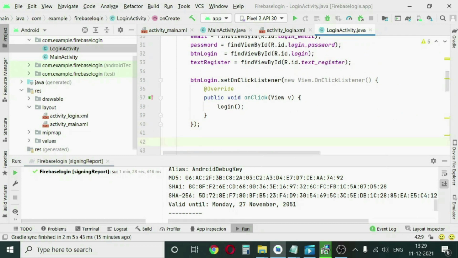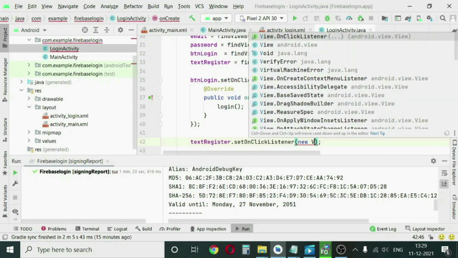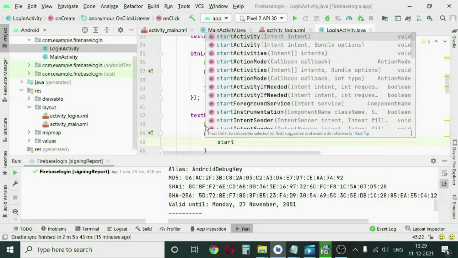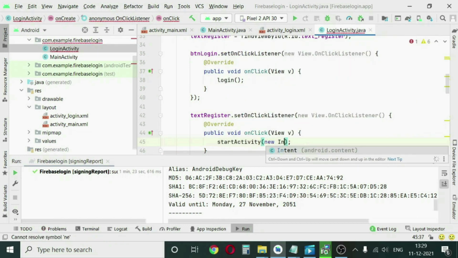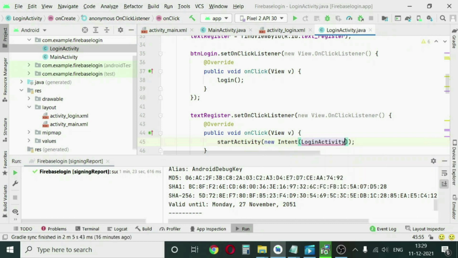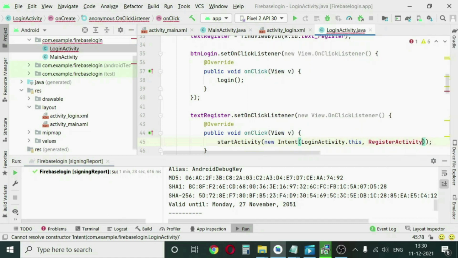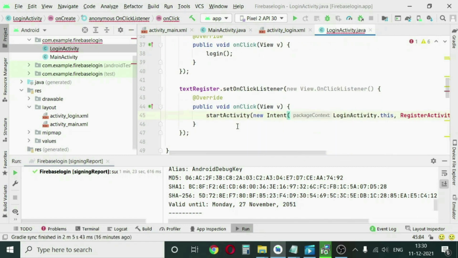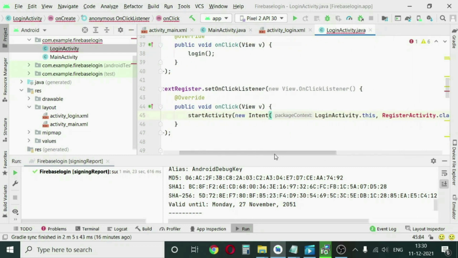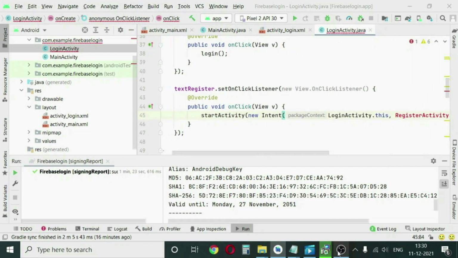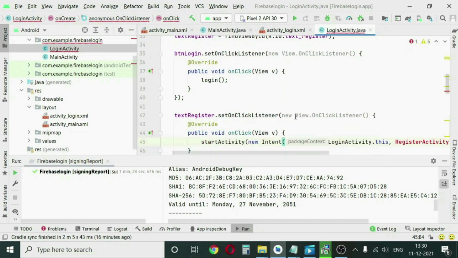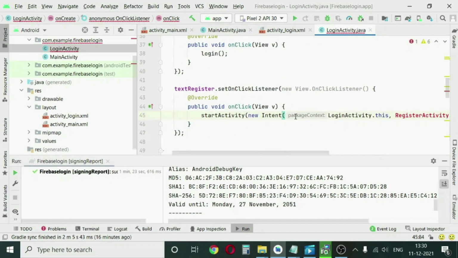Now we will write textRegister.setOnClickListener, new View, startActivity, new Intent, LoginActivity.this comma RegisterActivity.class. So if a user clicks on the text register where we have written, if you are a new user, click here, you will go to another activity, which is basically the register page. So everything is properly done here.